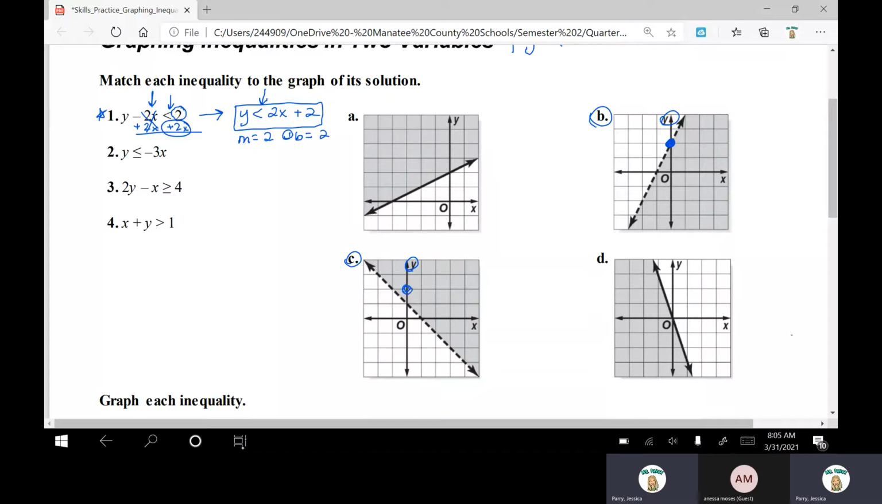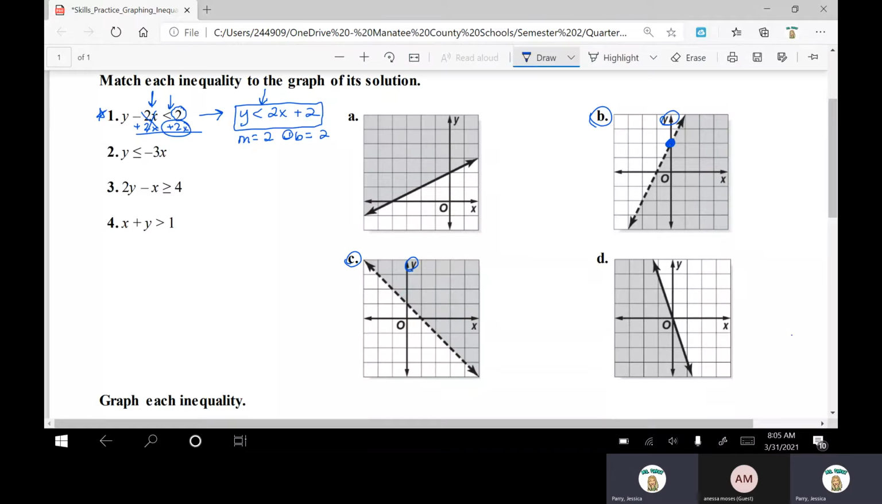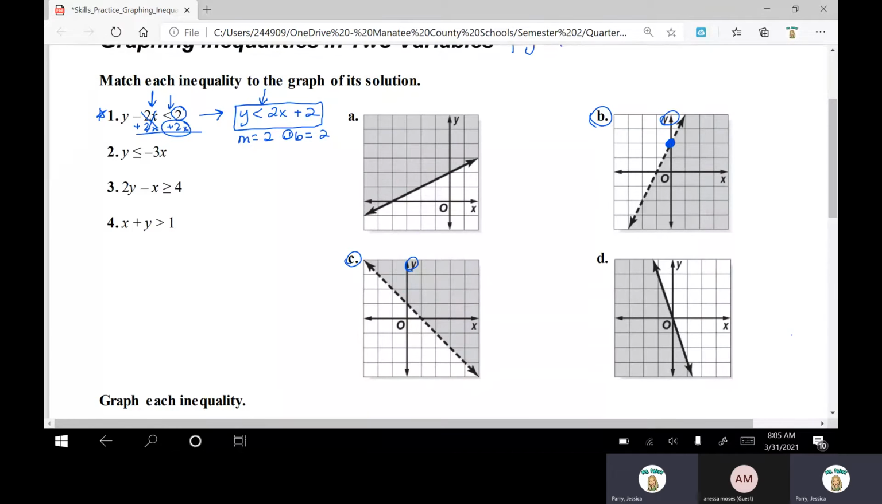And C, here's positive 2. It does not cross at that positive 2, so it's definitely not C. So that means our answer choice for number 1 is B. Okay, so if you're writing this down on your own piece of paper, this is what I would need to